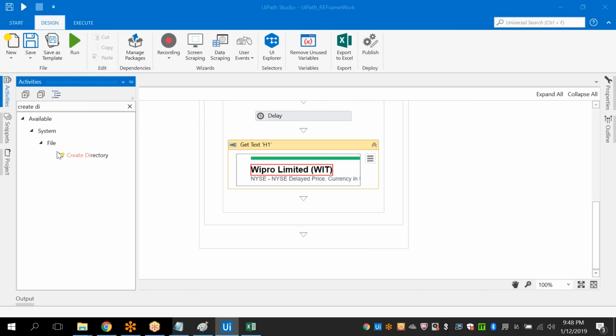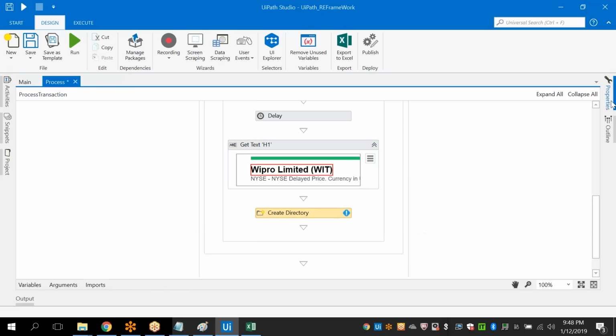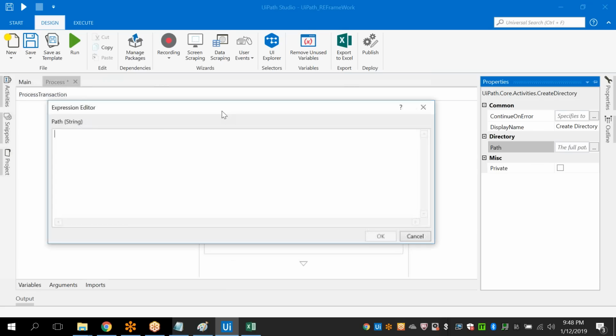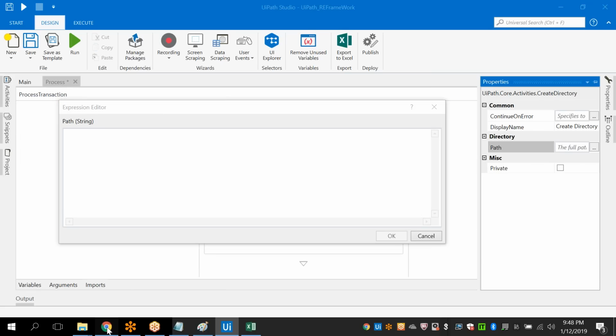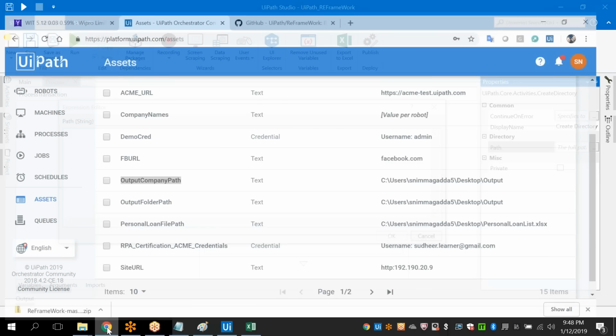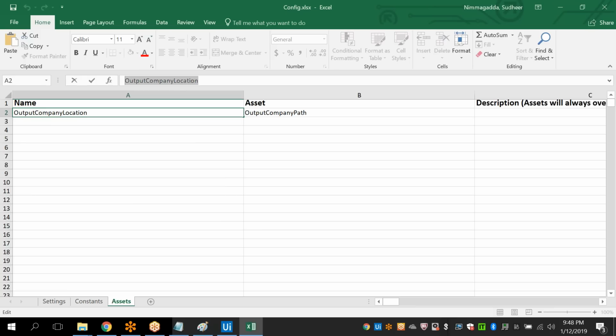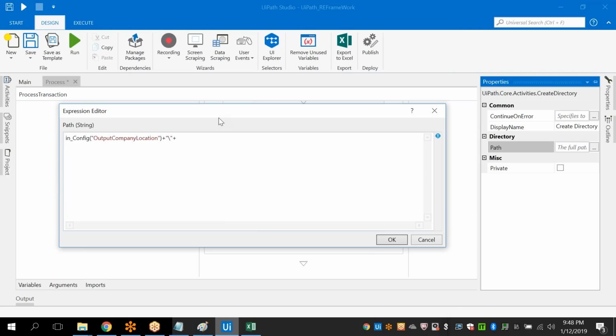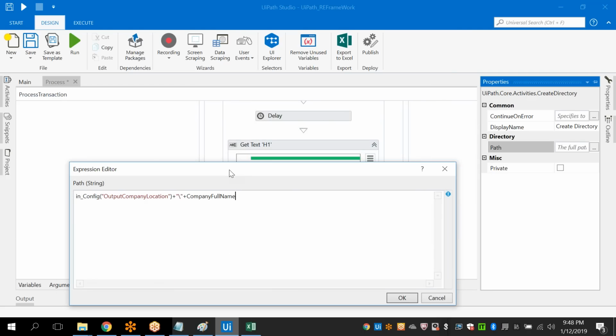Create directory. So within the create directory, you have a path. Here we have to give the full path. So go to the assets. So company. Take this one, copy, and here in config, give this one plus slash plus the company full name. Then it will create the